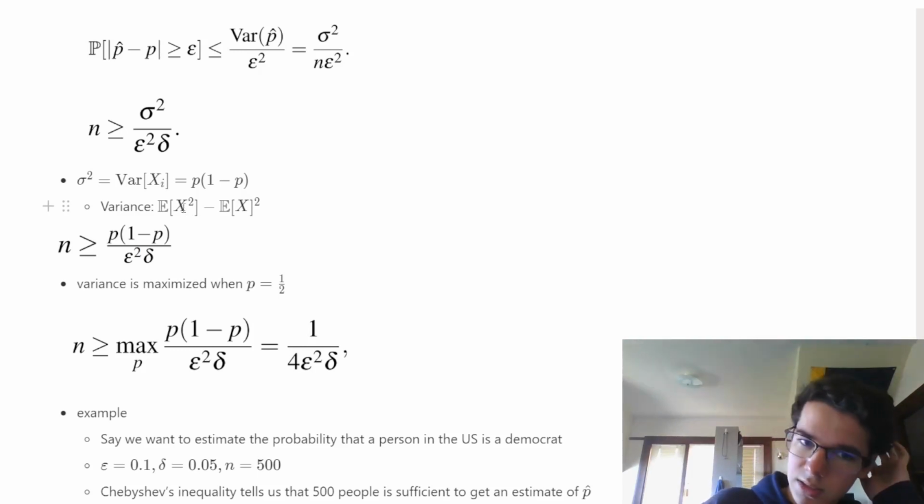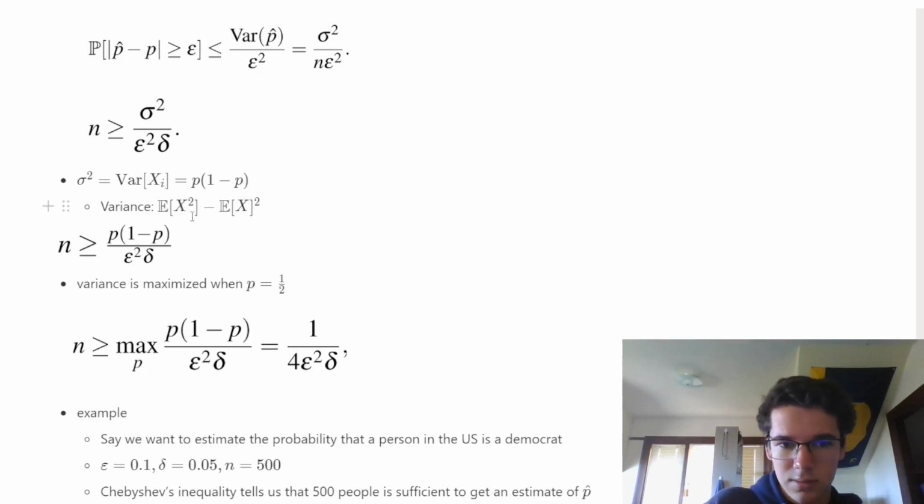Because the expected value of 1 squared is still 1, and 0 squared is still 0. But again, because it's an indicator random variable, this expression becomes the expected value that x takes on 1, where 1 is squared. And so this is just p. This is just the probability p minus